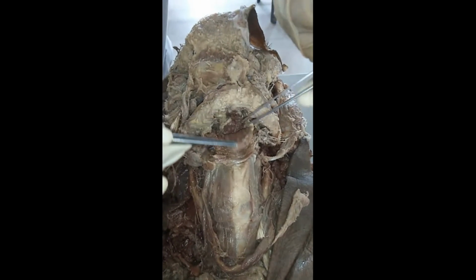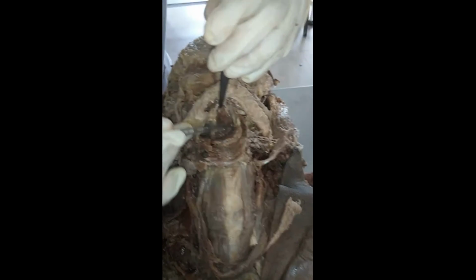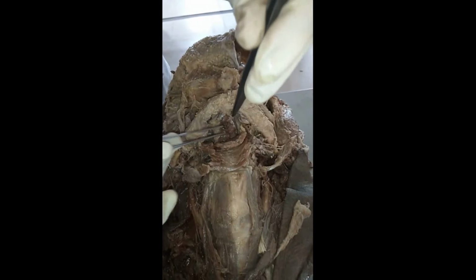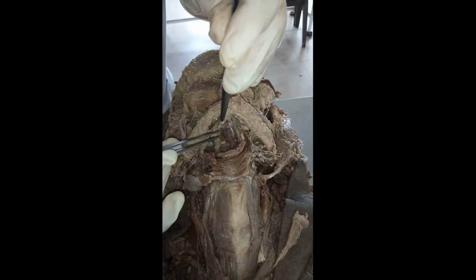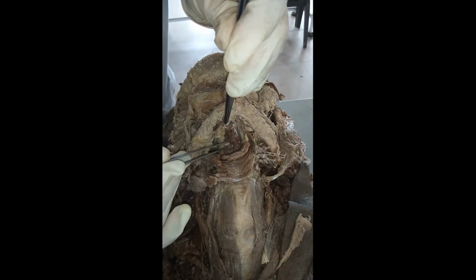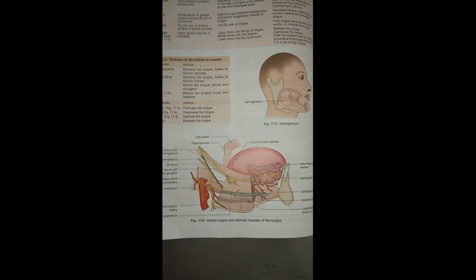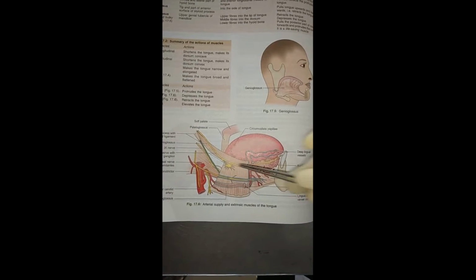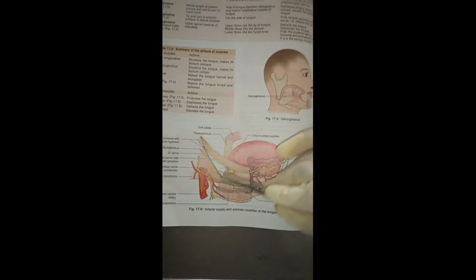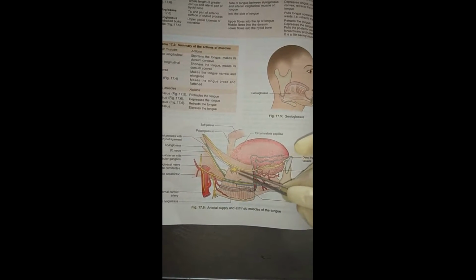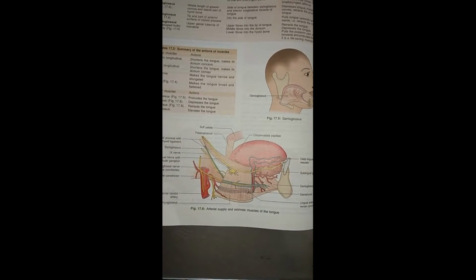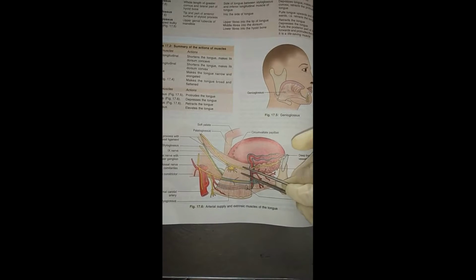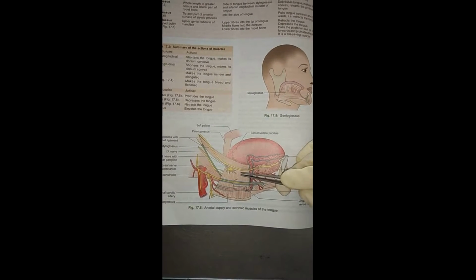When I cut the geniohyoid muscle, I can see the genioglossus muscle. The genioglossus muscle forms the main bulk of the tongue, and it is called the safety muscle of the tongue, and it is supplied by the hypoglossal nerve. Now see, this is the book picture. This is the right lateral view of the submandibular region. What you can see is the quadrilateral hyoglossus muscle, and now we will see in the body the relations of the hyoglossus muscle. You cannot see this hyoglossus muscle properly in the dissection because it is somewhat deeper. That's why I am showing it here.